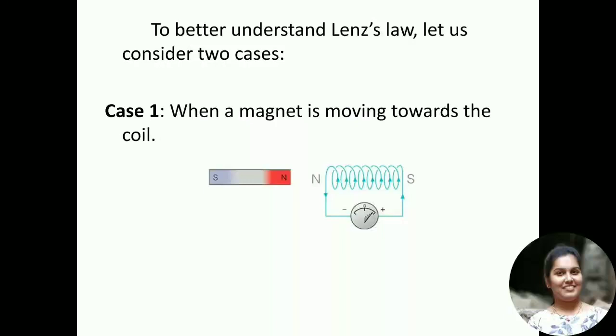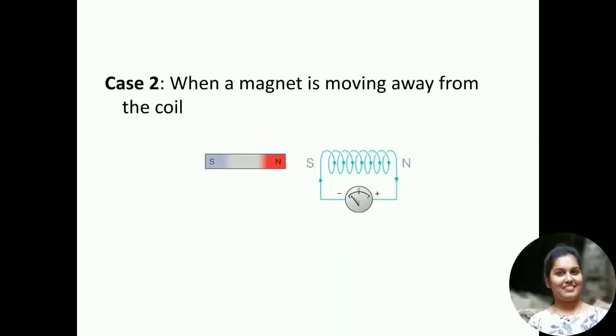Now, according to Lenz's law, this magnetic field created will oppose the increase in the flux to the coil, and this is possible only if the approaching coil side attains north polarity. As we know, similar poles repel each other. Once we know the magnetic polarity of the coil side, we can easily determine the direction of the induced current by applying the right hand rule, that is Fleming's right hand rule. In this case, current flow is in the anti-clockwise direction.